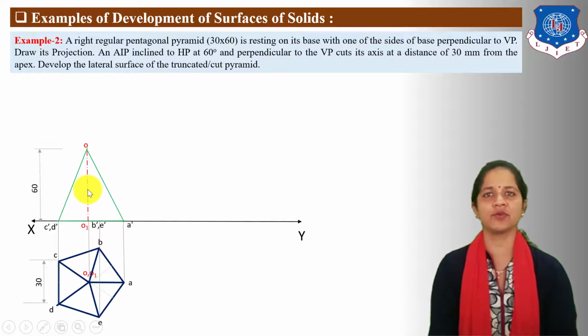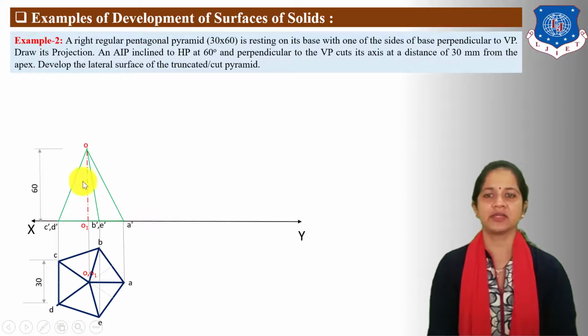Now for front view, the position of observer in orthographic projection is below top view. From front direction, OA, OE and OD slanteds are nearer to observer. So in front view, draw OA, OD and OE slanteds visible. Here, OB and OC slanteds are invisible to observer in front view, but their projections overlap with visible slanteds.